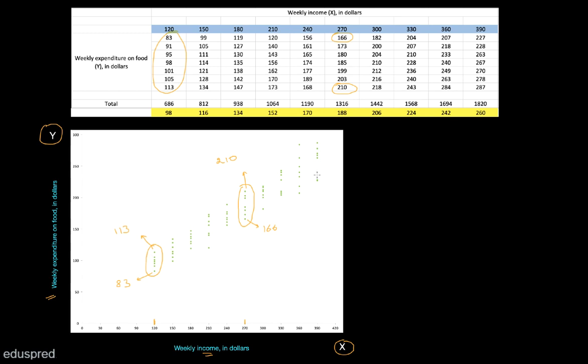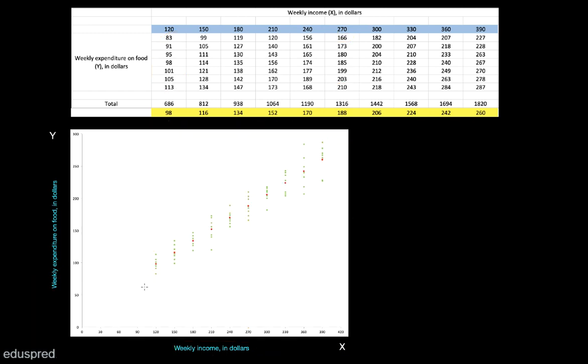Now see, in this particular graph, there are so many dots over here. But if you take a look at the pattern of these dots, you'll notice that there is some sort of positive relationship between weekly income and weekly expenditure on food. With the increase in income, the dots are also going up, and when I say that, I mean on an average basis. Now let's make one addition to this graph and also add the conditional means. If I add the conditional means, this is how it's going to look.